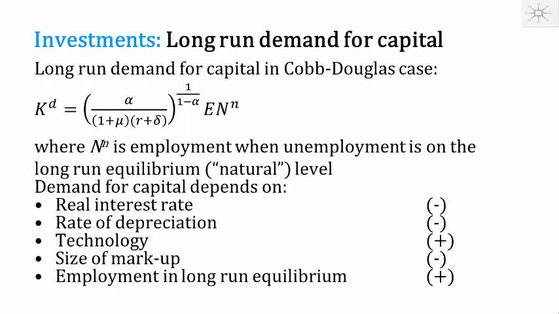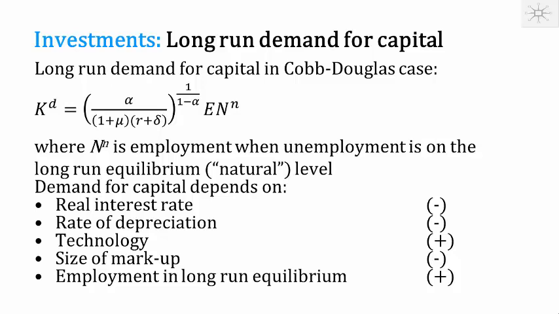So if we use the Cobb-Douglas production function to calculate the marginal product of capital, we can solve for the desired capital stock. And if we consider a long-run equilibrium where employment is on the natural level, then we have an explicit equation here that tells us what the desired capital stock is. But this you can see as the long-run demand for capital,